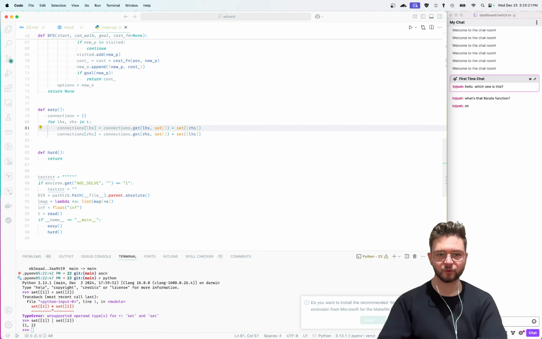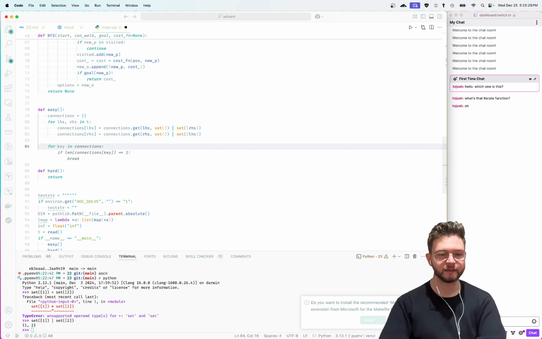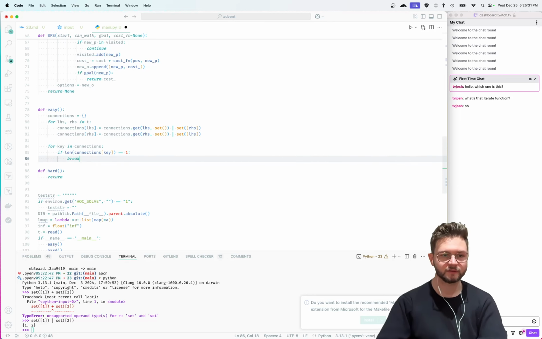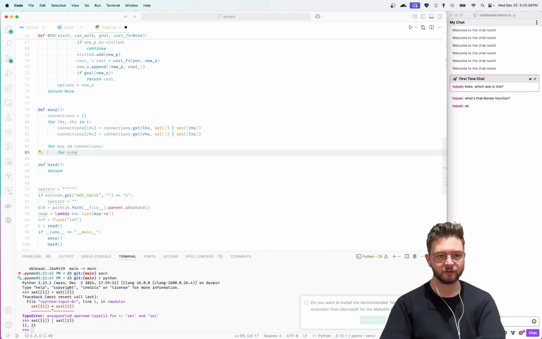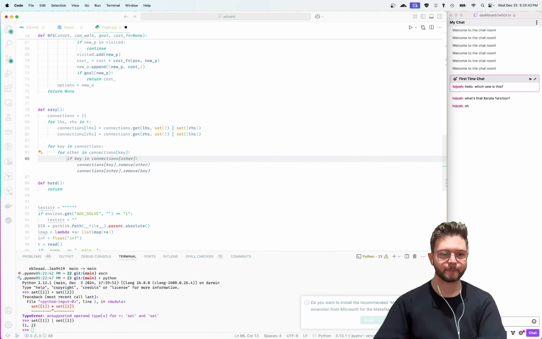So it's just the OR operator. Great. Okay. And then for key in connections, and then for other in connections key, if